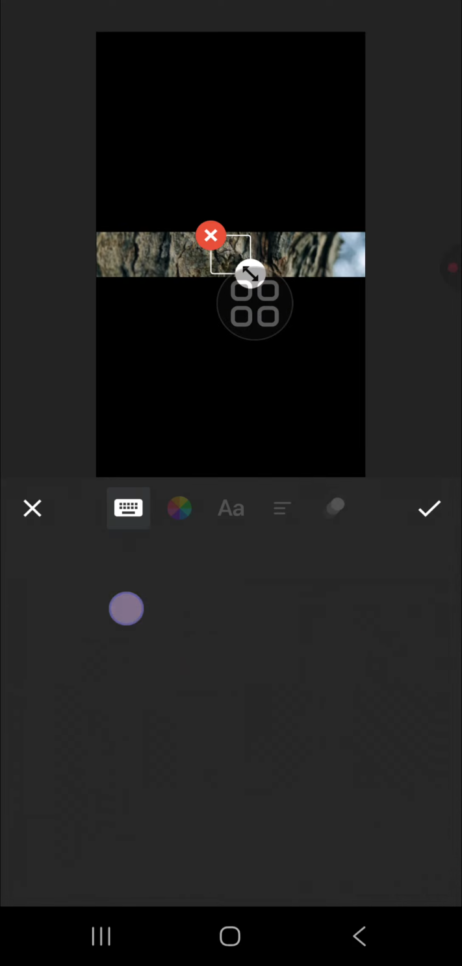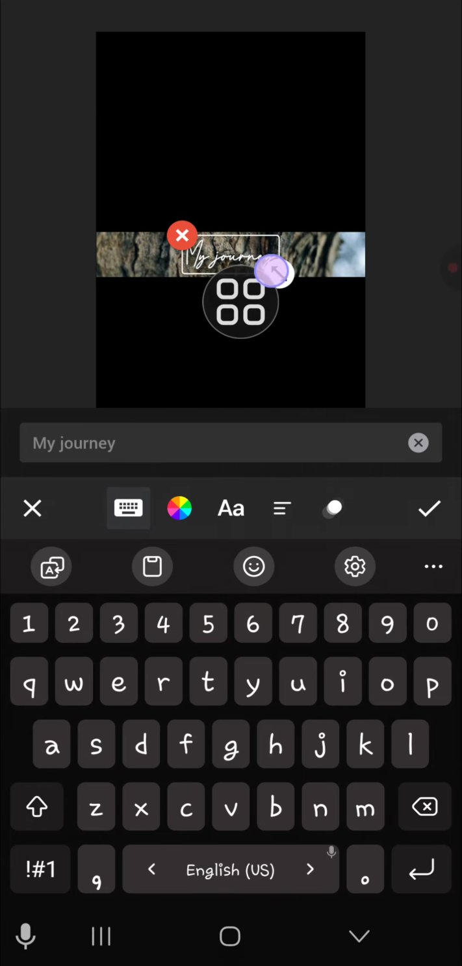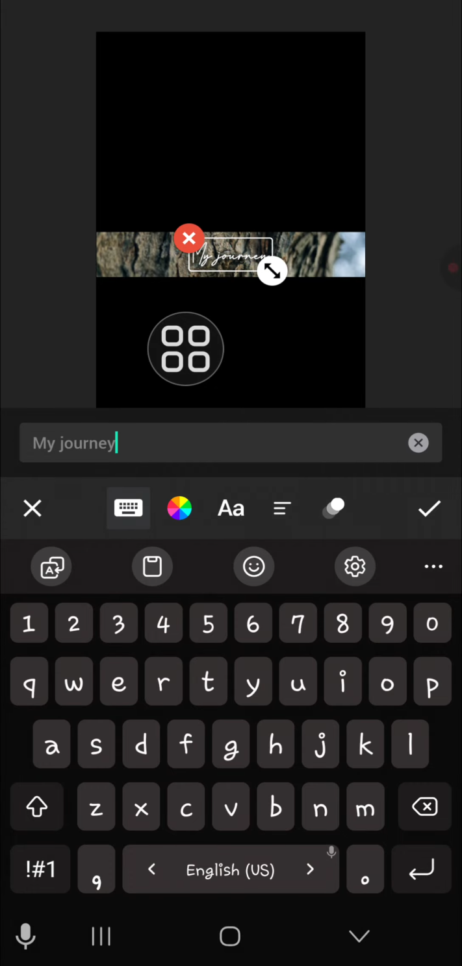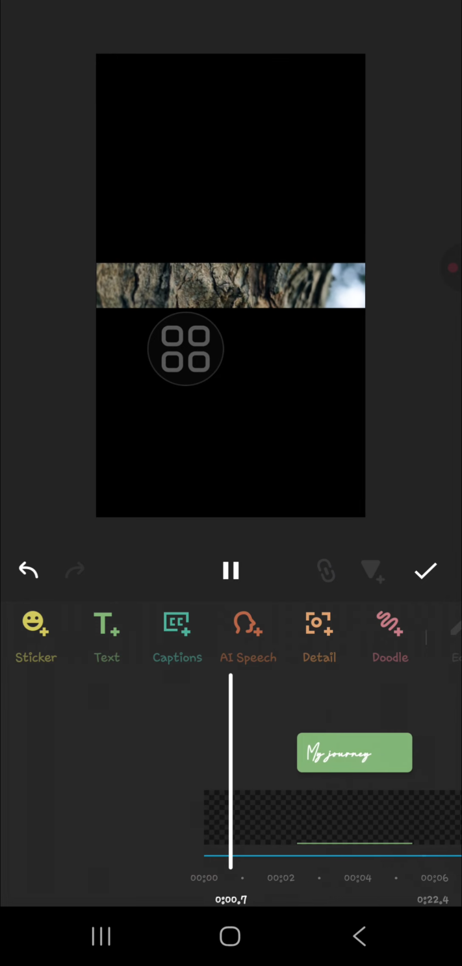Okay, and let's play it guys. And to make it more captivating, you can add tags and then filter and effect. And I'm going to add text. I'm going to type in my journey like this, and we can make it small. Okay, and I'm going to play it guys,